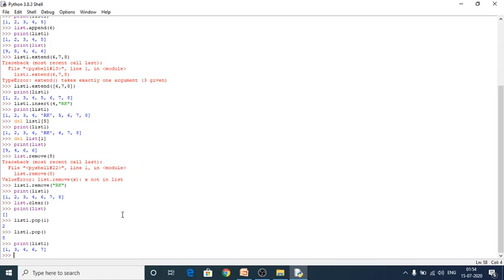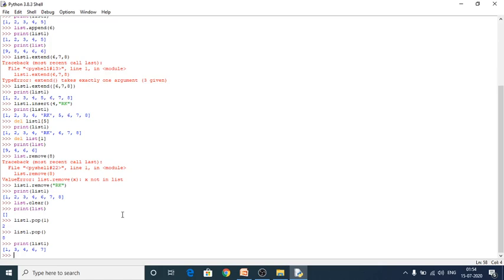Next one is end value, the upper limit of the series. Python takes the ending value as upper limit minus 1. If you have given 5, it will take 5 minus 1 is equal to 4 as your series of values. Next one is step value. It is an optional argument only, which is used to generate different intervals of values. How the elements have to be incremented, that is what the step value is.